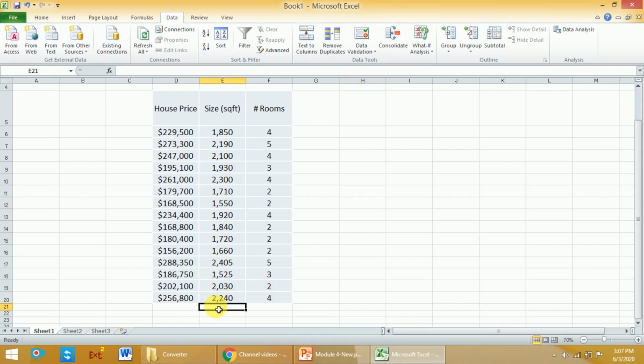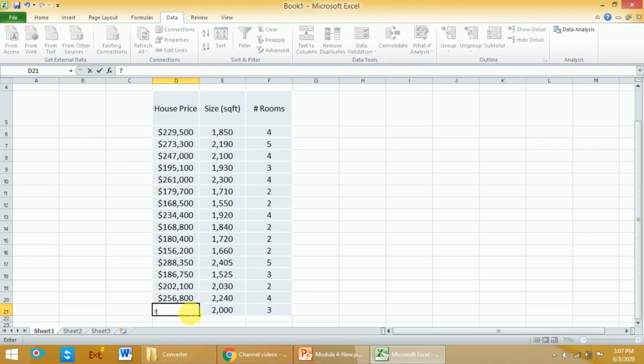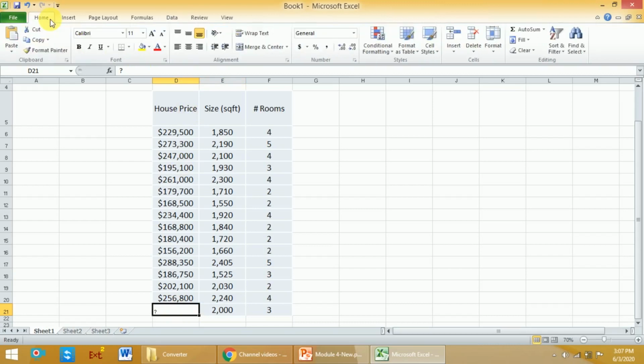Assume that the size is 2000 square foot and the number of rooms is 3. So what will be the price of that particular house? That is what I should be in a position to find out.